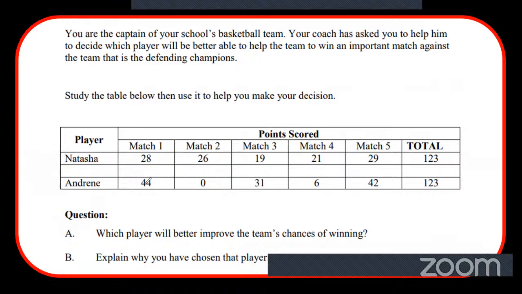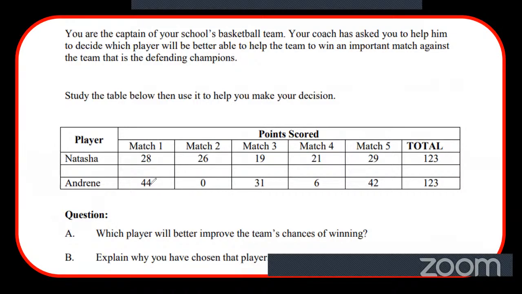Now let's look at Andreen. We cannot trust Andreen's playing, because one time she will come and score one whole heap of balls, 44 points. Then next game she scores nothing. Then the next match she scored this nice amount again, 31 points. Then next game she just scored 6. Next game now she makes 42 points, which is really good. What will happen in this match 6? Basically, I see Andreen's scores fluctuating. Sometimes it's up and then it's very low. It's very high, then it's very low. And so I believe